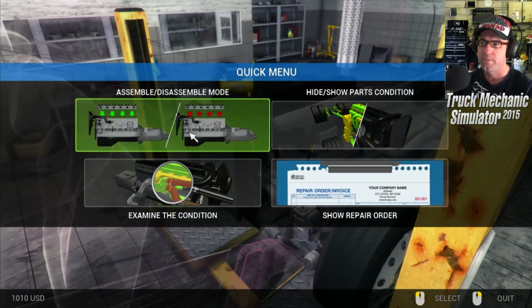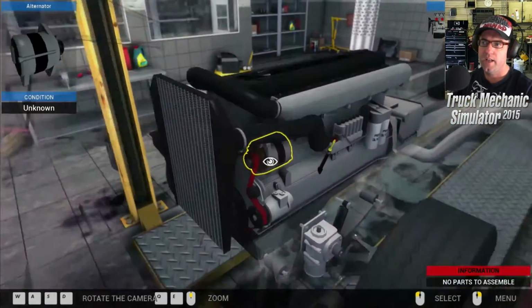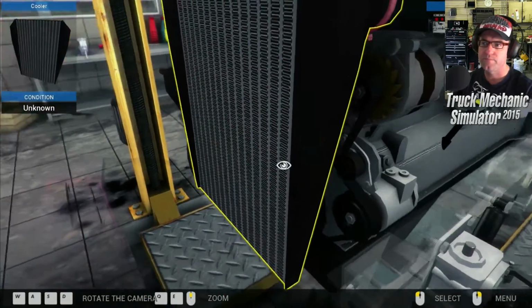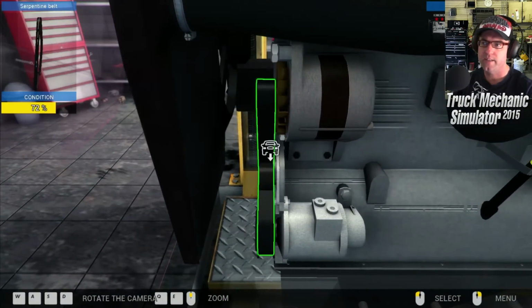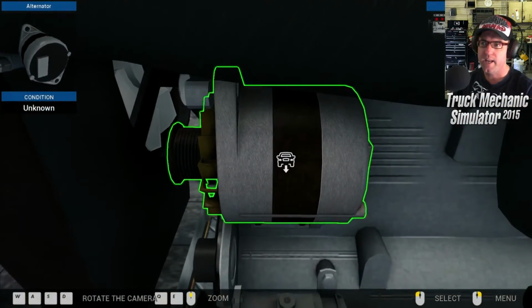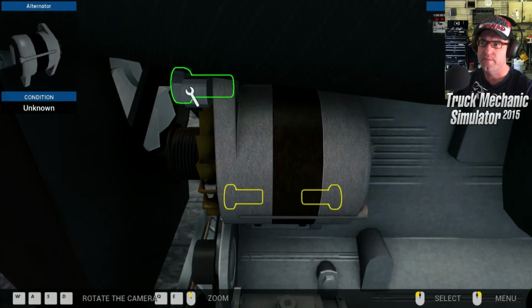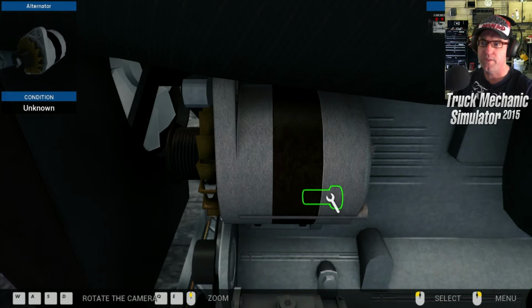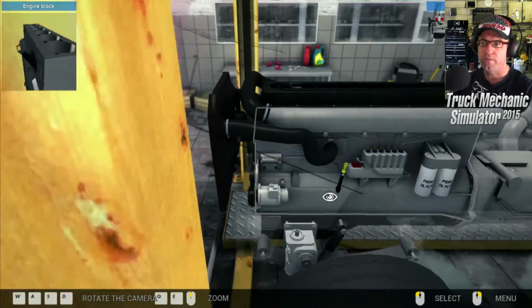Let's go down to here. So we have to take off that belt, and let's do that. Remove that belt. Okay, jump in there and remove the alternator. Take that bolt off, that bolt off, and that bolt off. Right, now,